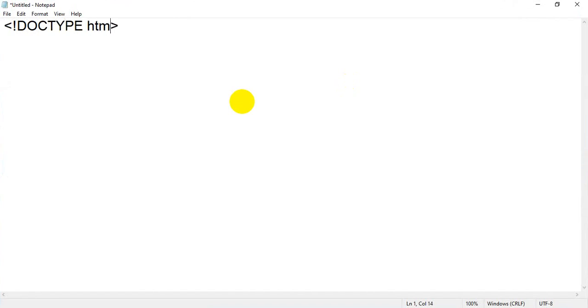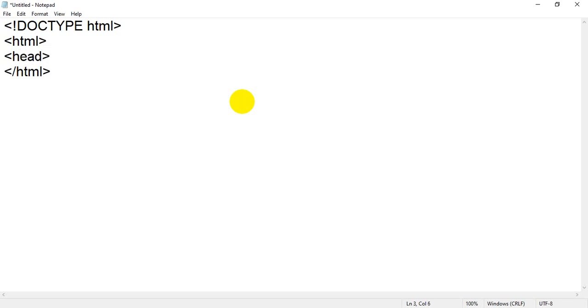My doctype is HTML. This line I have told you a number of times, this line shows that you are writing code in HTML5. Now the opening HTML tag and the closing HTML tag. These are some important tags which you have to write in any HTML page.